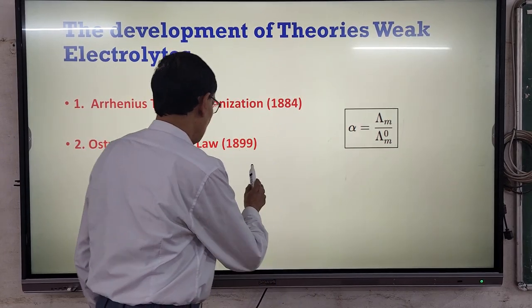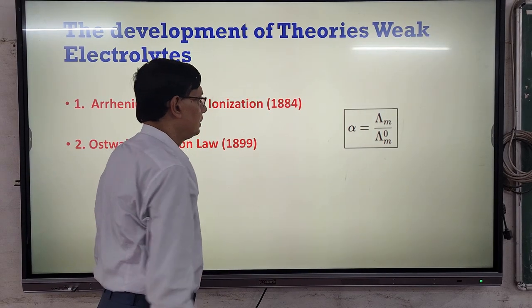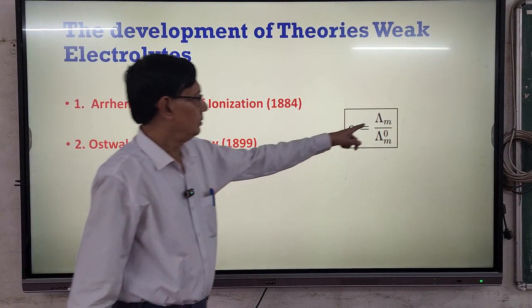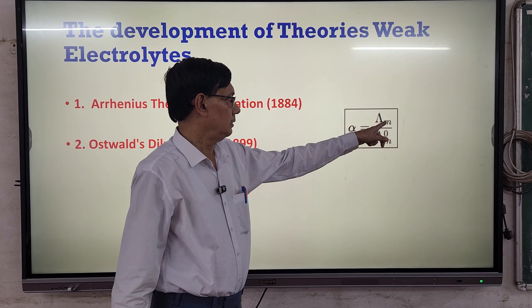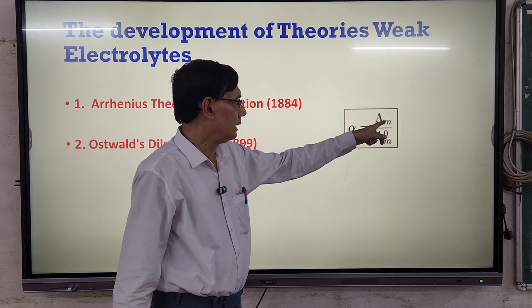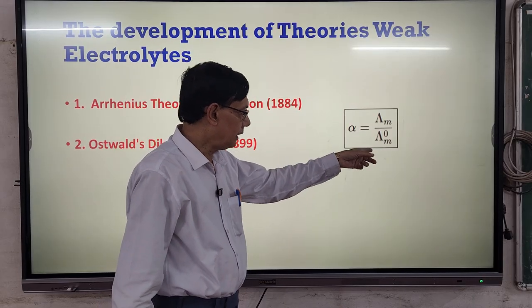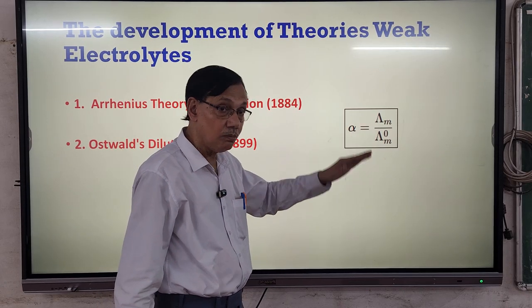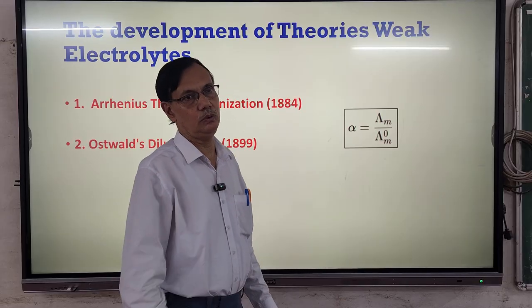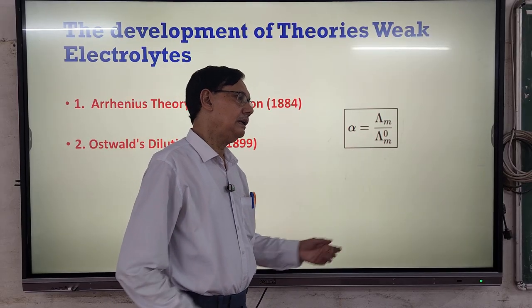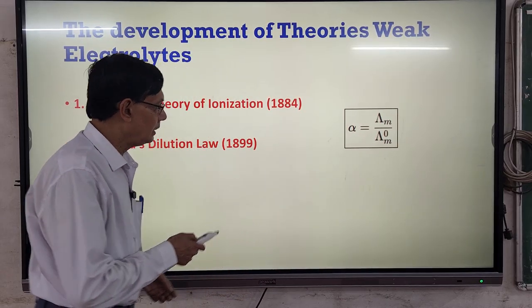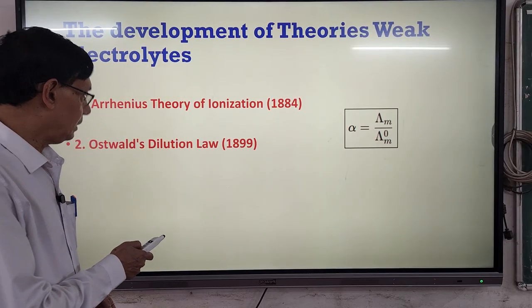The value of alpha is, you know, the equivalent conductance or molar conductance at a particular concentration divided by the equivalent or molar conductance at infinite dilution. आप जीरो भी लिख सकते हैं, जब हम डिराइव करेंगे हम उसको अल्फा लिखेंगे. Now let me